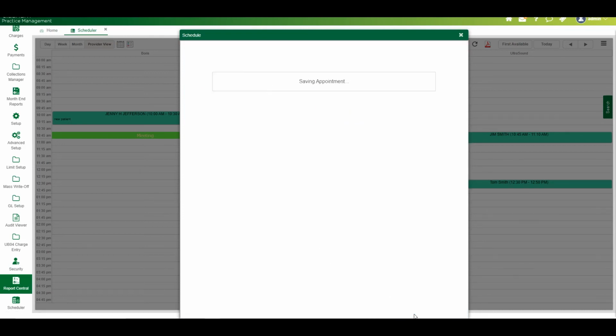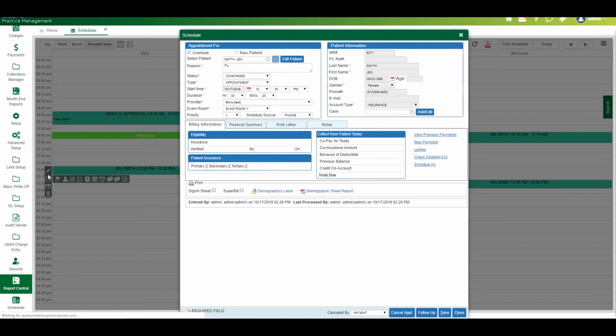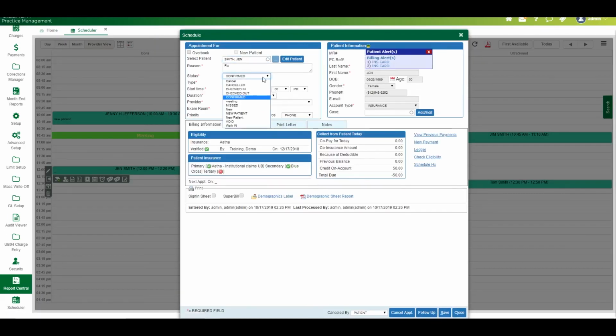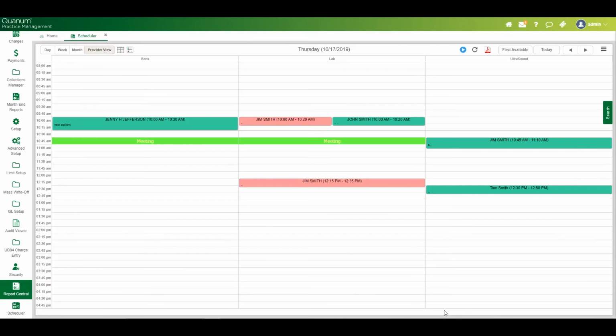So to void an appointment, you can click on the edit, open that appointment, and you can see there is a schedule status void. This status is not generally a default status. It's not something that you would see when you have the account or the database newly made up for you. This is a status that has to be manually added to your list. So once you select the status and save it, you can see that the appointment is deleted or void. When you use a void, it's hidden from the